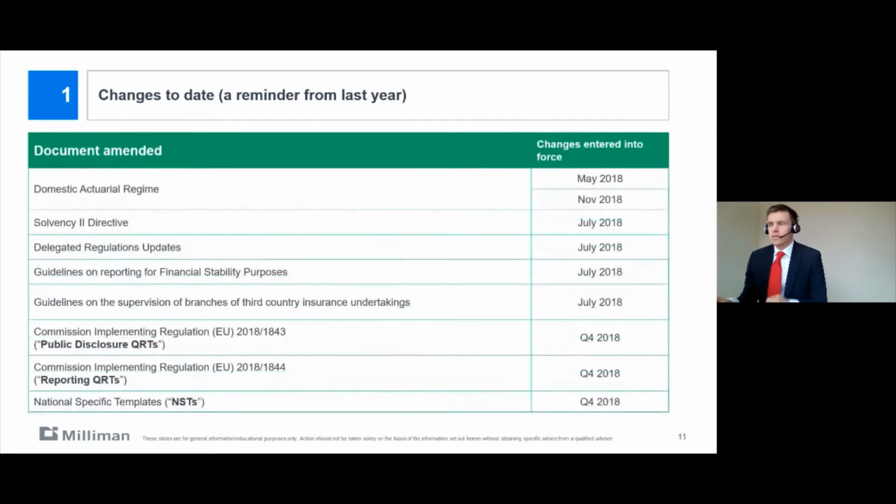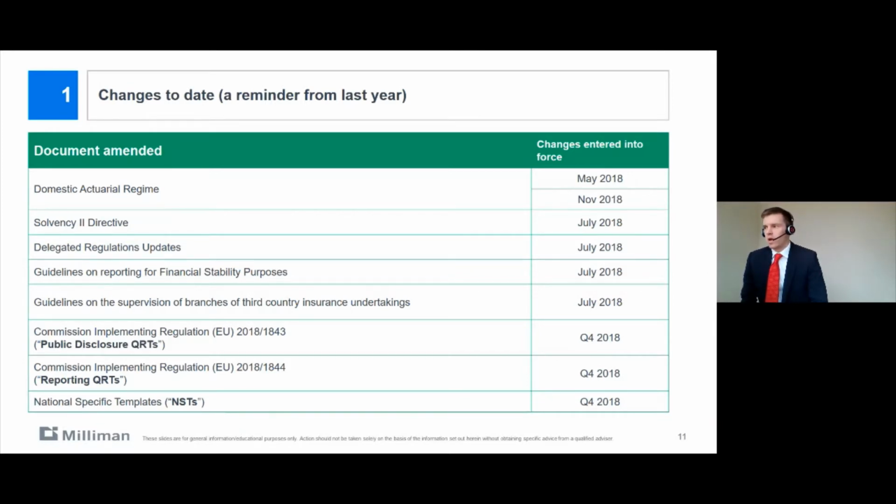From there, if you cycle into 2018, the CBI were active, so they made the domestic actuarial regime. That's something specific to Irish companies, and that's in our Irish version of the tool, not in the European version. We also then have some other updates coming through the delegated regulations, minor edits there.